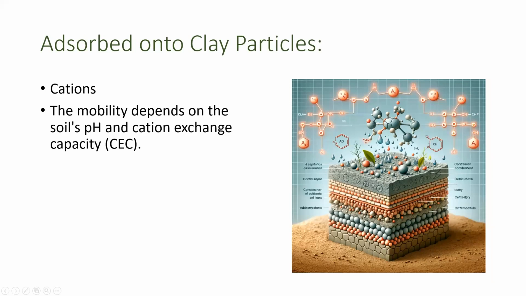And contaminants can adsorb onto clay particles. That's because clays tend to have a high cation exchange capacity, and therefore if a contaminant is a cation, a freely available ion in a positive state, then they tend to bind to clay particles, and therefore soils with high clay content can again concentrate and have bound contaminants on the clay particles.